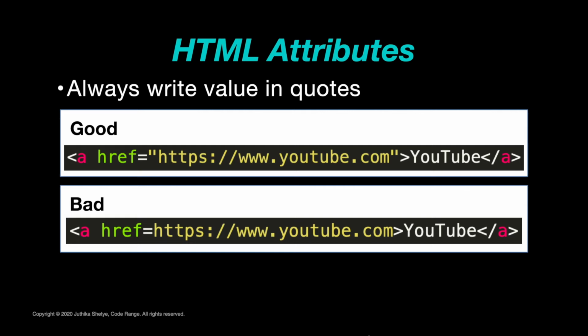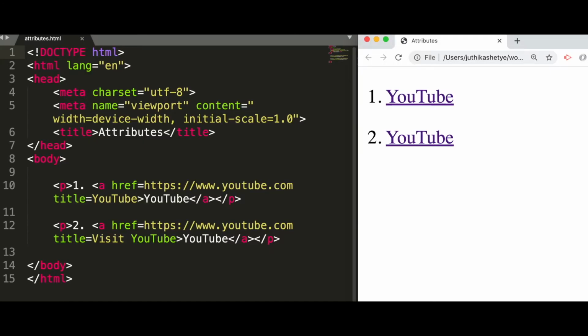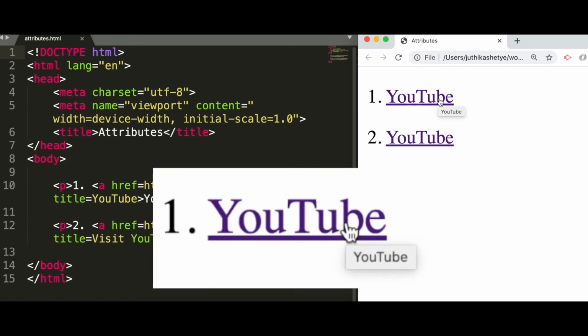Let me show you an example of what happens if you miss the quotes. Sometimes there will not be any problems if you miss the quotes, like in this example. I have not put the quotes for this URL and this title value here. Now what this title attribute does is that if you hover over the element in the browser, then a small tooltip will pop over to let us know more about that element.